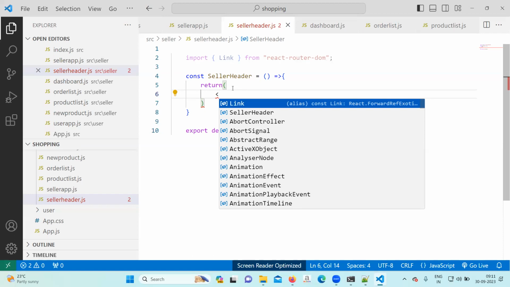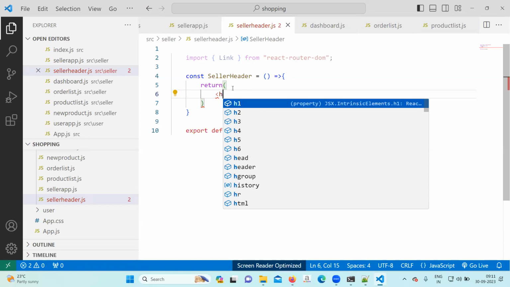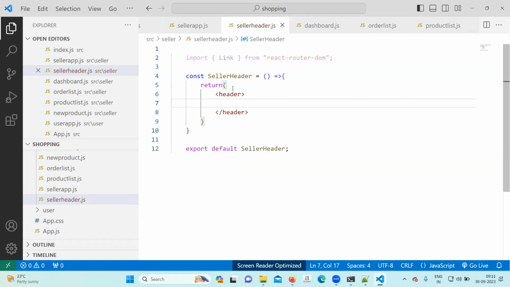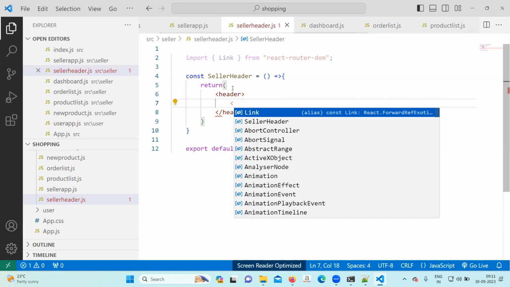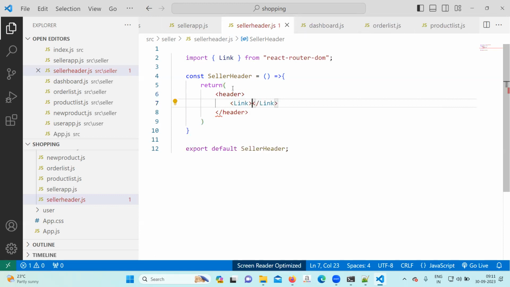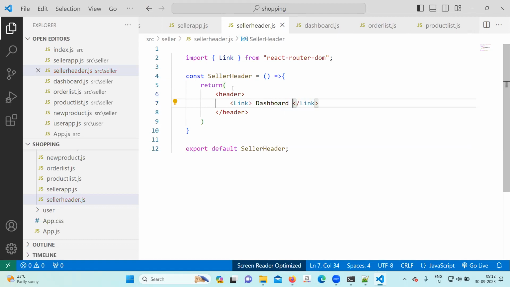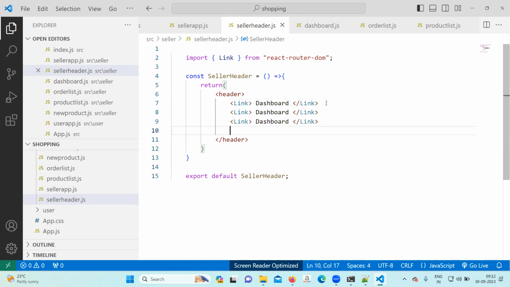Whichever tag you follow as of now, ul li will not be suitable. We can write the header tag here. In the header tag, we can use the link tag and write Dashboard. Second, third, fourth.